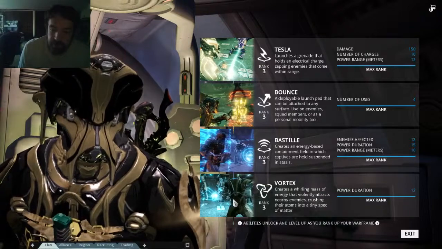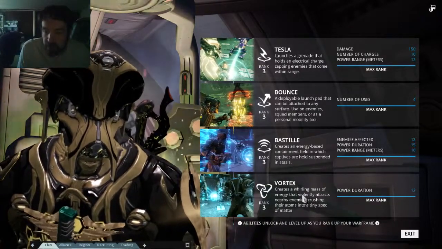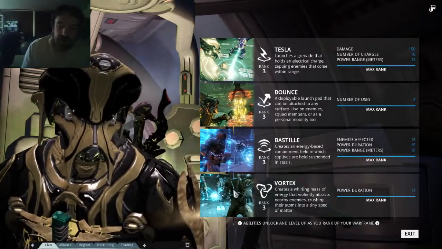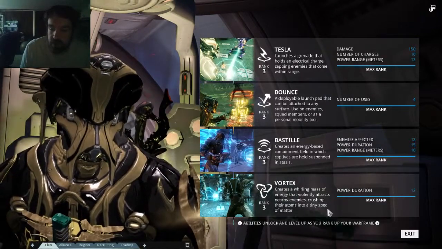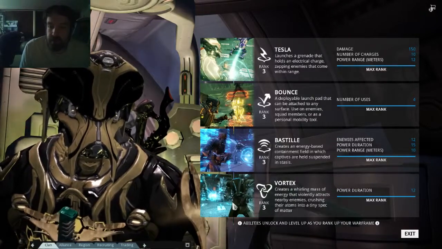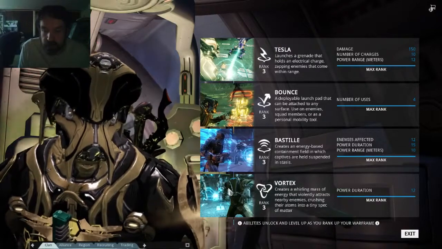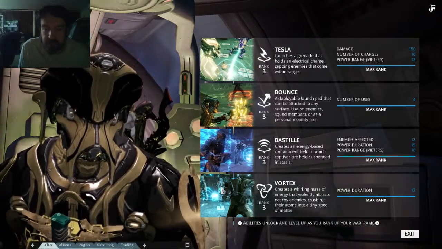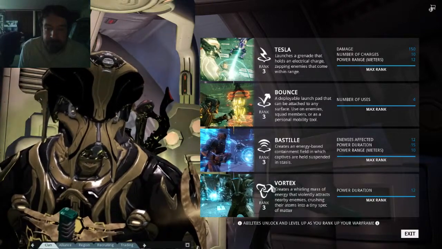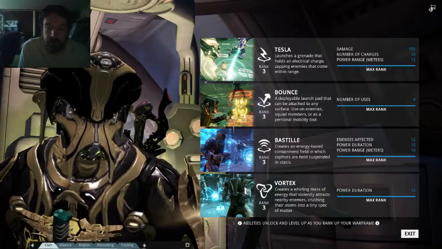And then his last ability is also crowd control. His Vortex creates a whirling mass of energy. It attracts enemies to it and it hurts them, does some damage. It also makes them very easy to hit, pulls them all into one area for defense against a lot of Infested and melee troops. Vauban excels quite a bit,